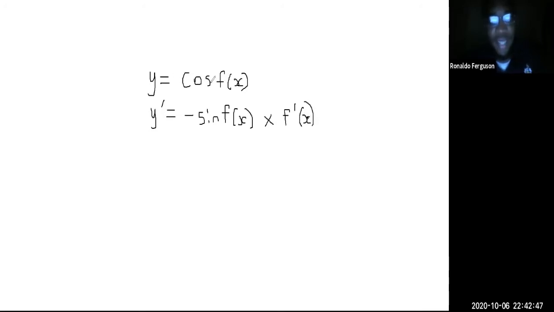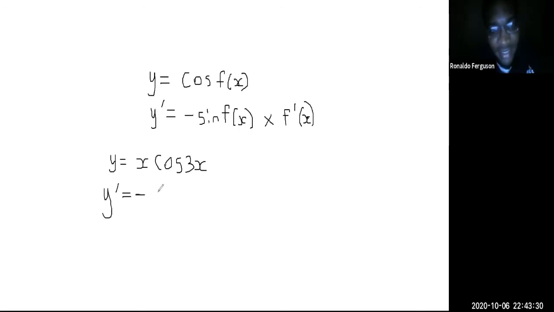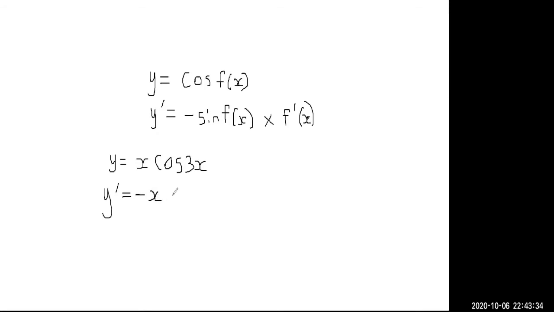So y is equal to cosine f of x, and so y prime is minus sine f of x times f prime of x. So let's look at an example. Let's say y is equal to x cosine 3x. What is dy by dx? dy by dx is equal to negative x sine 3x